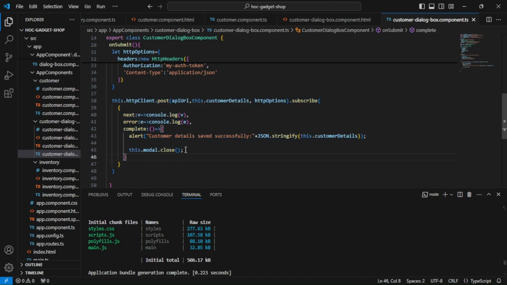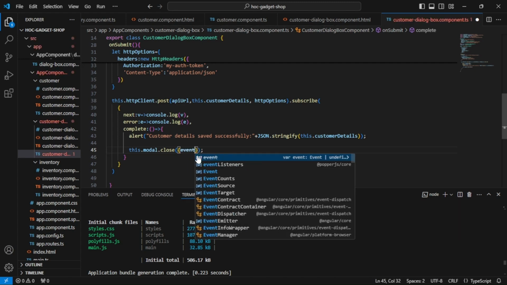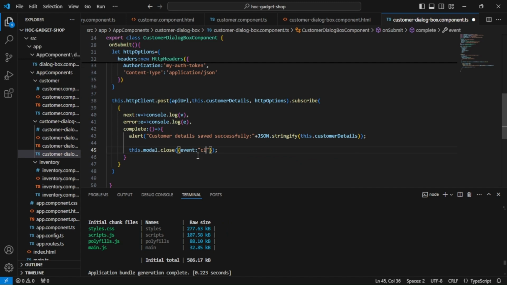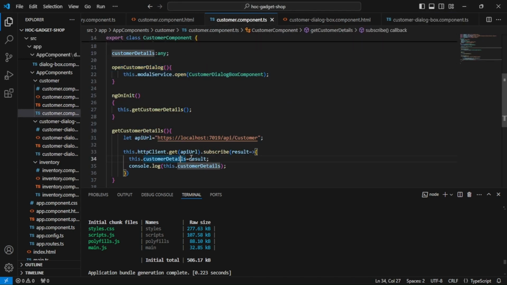So when we are closing the model, what I want to do is send back a result to the customer component. And how do I do that? Over here on the close, we're just sending a result, event closed. So this is the result that would be sent back to this customer component. I'm saving it. And now once that is done, I want to go to the customer component,